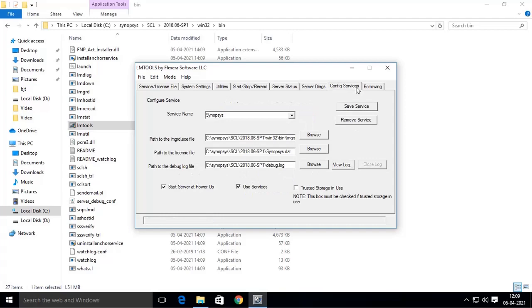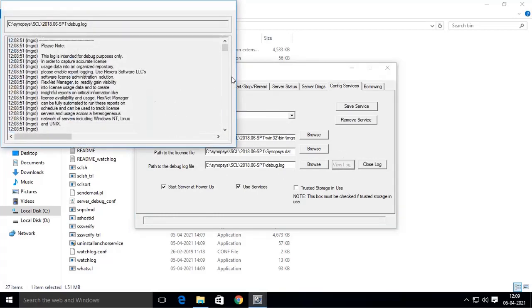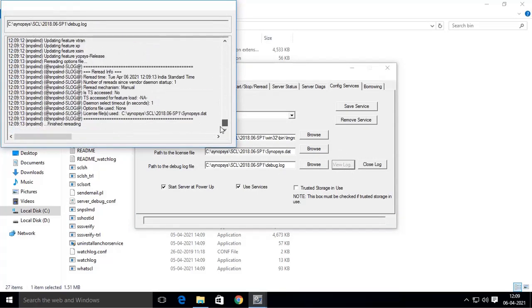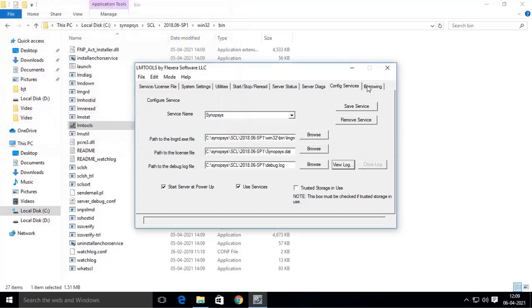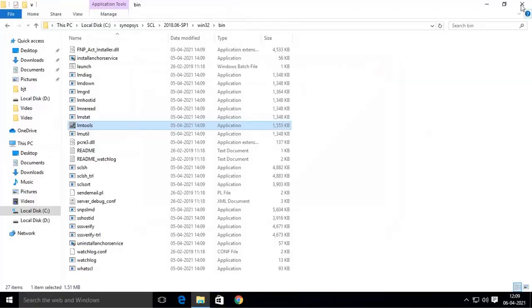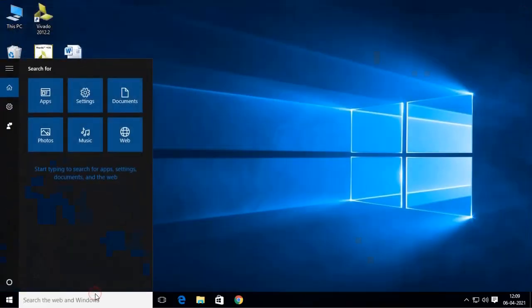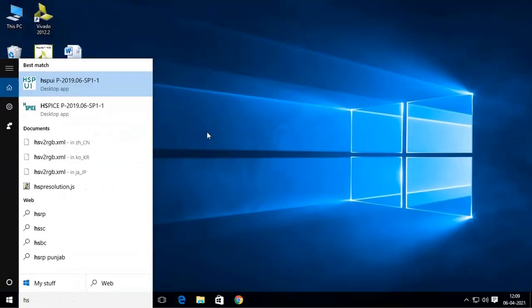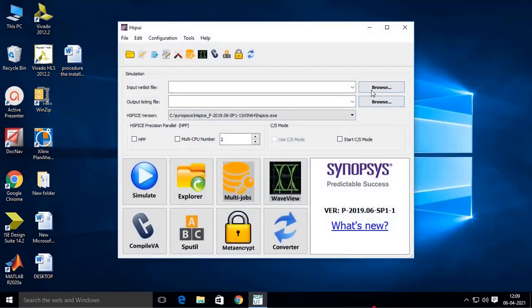So reread server license file is completed, and go to configure services, then view log, and you can check whether the license is activated or not. So finish rereading, that is, close the file, and again now simulate your program.